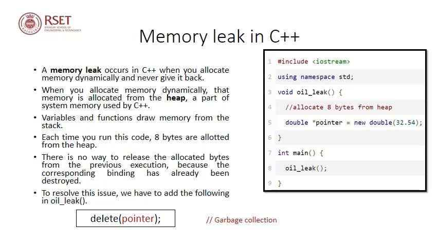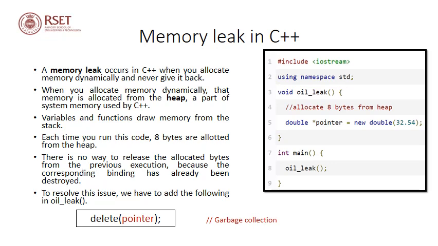So towards the right hand side of the slide, you can see a program code. There, from the main function, we are calling a function called oilLeak, and within the function oilLeak, we are declaring a double pointer. Each time you call the operator new, 8 bytes of memory will be allocated, because the double data type uses 8 bytes in C++. So 8 bytes of memory will get allocated, and the pointer will now point to the starting address of these 8 bytes. This represents a binding, because a pointer is now getting bound to a specific memory location.